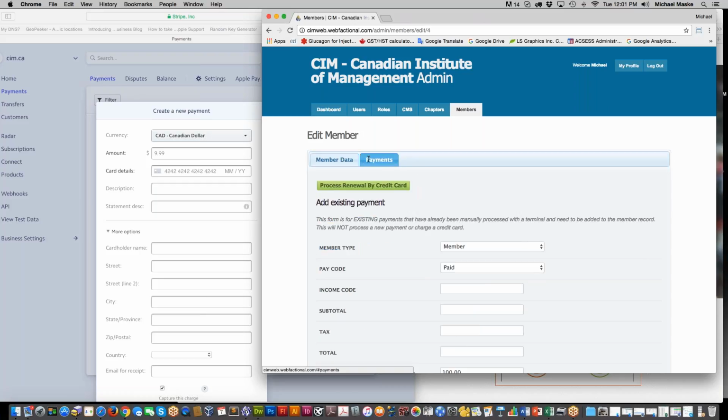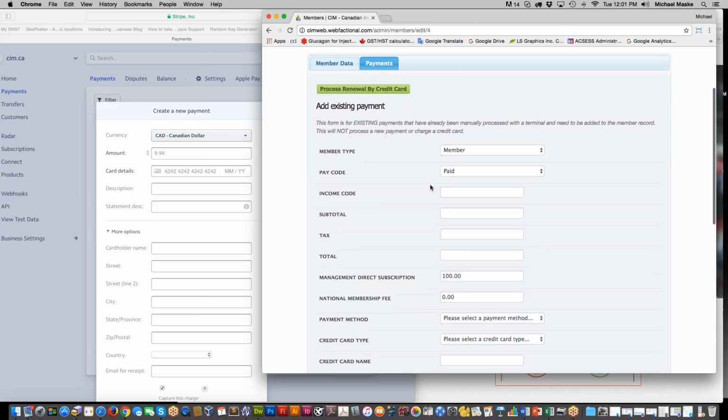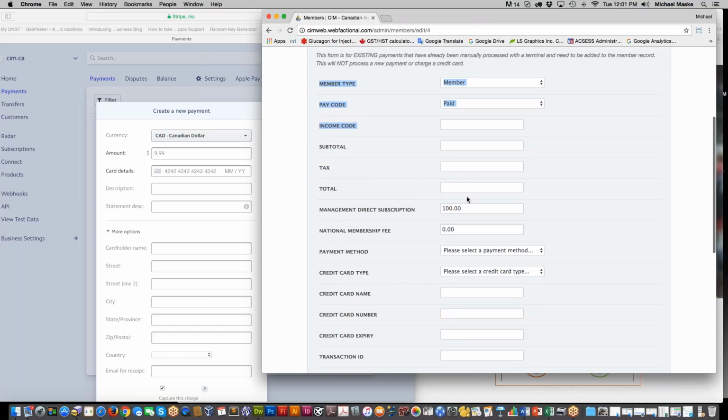We will relabel this to membership payment, and then here we will say other payments. So you click on the other payment tab, and it will not contain these things, income code maybe or whatever, but it will now contain